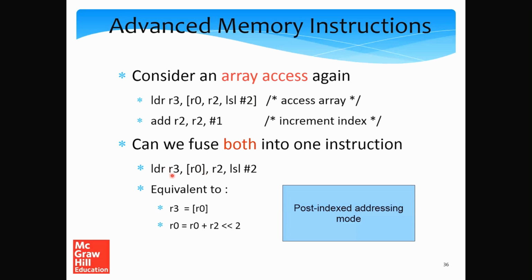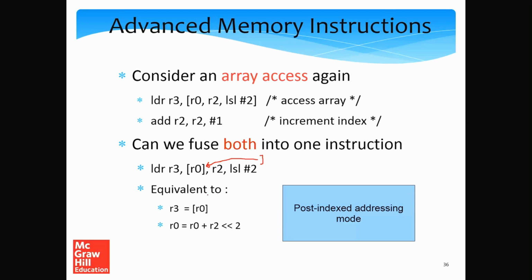So we'll have LDR R3, [R0], which is the base address register within a square bracket, and then the index and the scale amount and the shift amount. The only change is that the square bracket has moved its position, from this position to this position. That's the only change. So this is a new kind of assembly instruction format that we are introducing for the